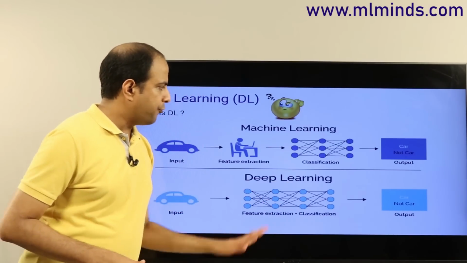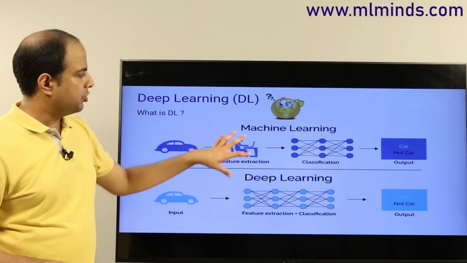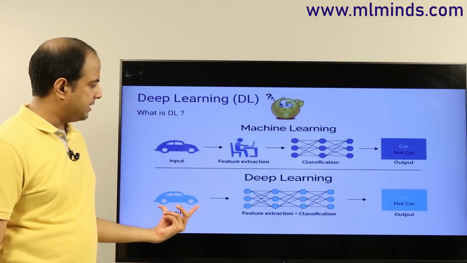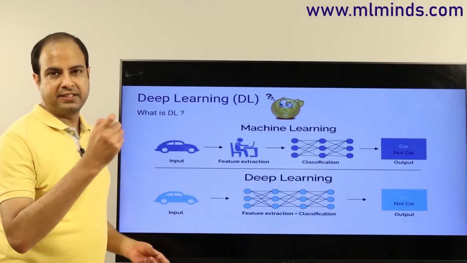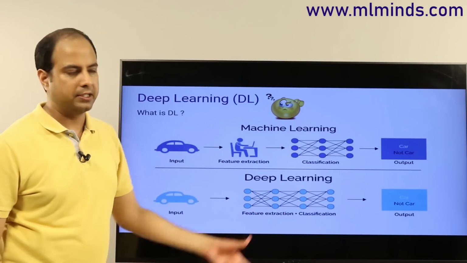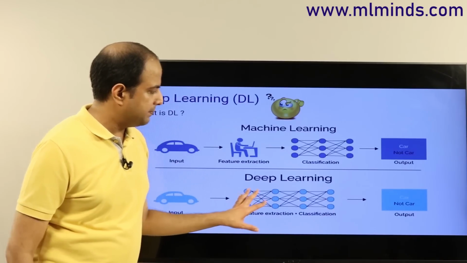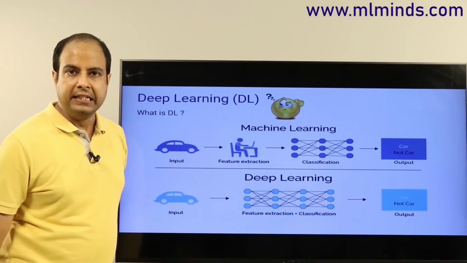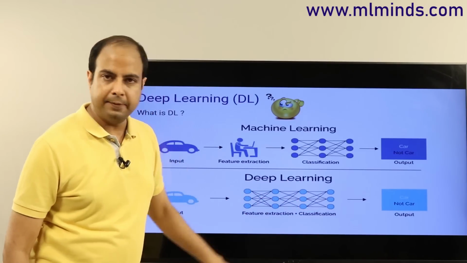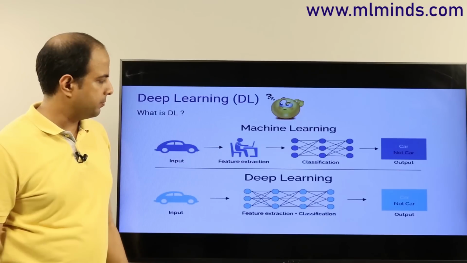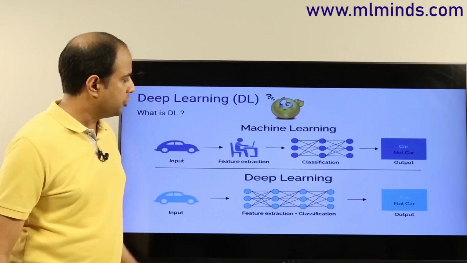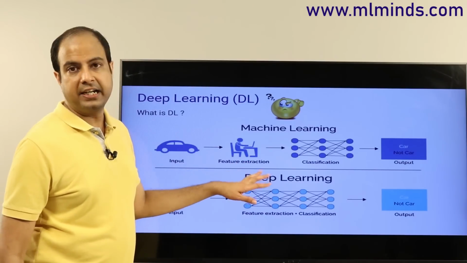Now, in case of deep learning, you follow similar steps. However, you don't do any feature extraction, and you deal with neural networks only. You take the raw data, the pixel values themselves, the RGB values in the pixels, as input to your neural network. The idea is that the deep learning models learn the feature representation as well as the classifier together. You don't need to do the hard work of figuring out the right features which are good